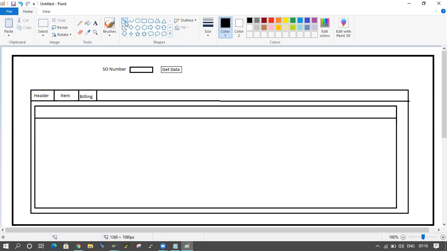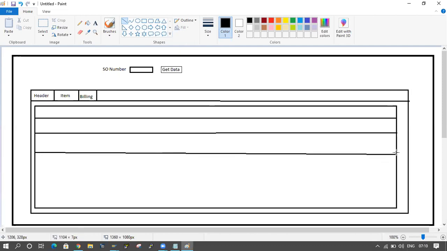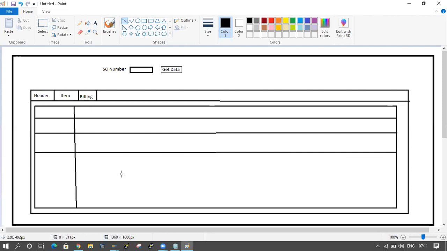Fine. I mean, I'm giving some lines here like this. Okay, something table format. This is a table control, right? So something table I'm displaying here.